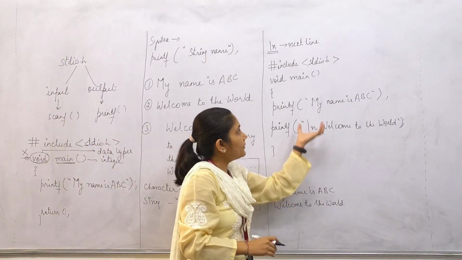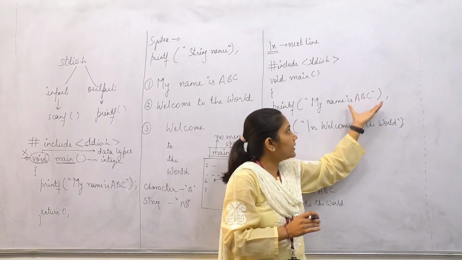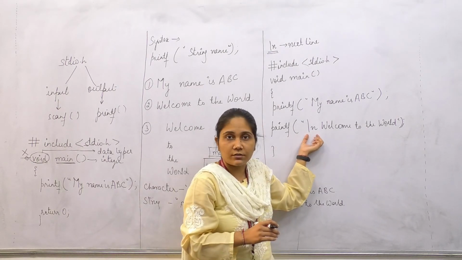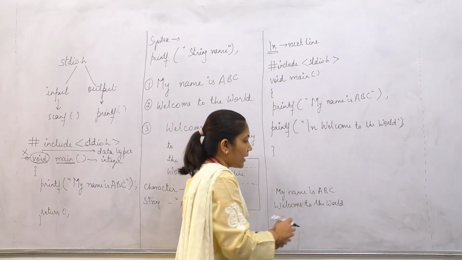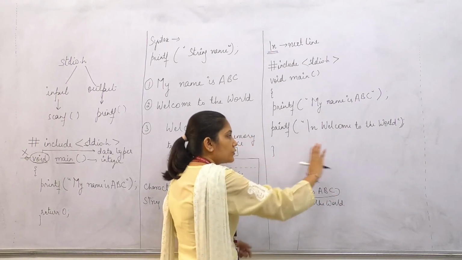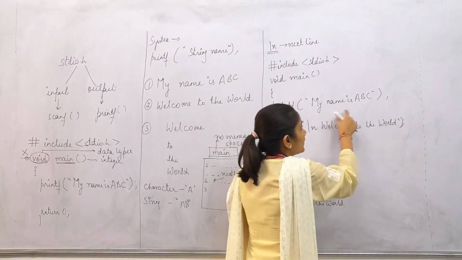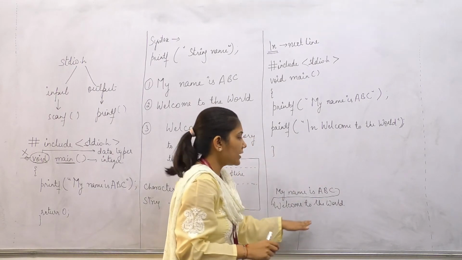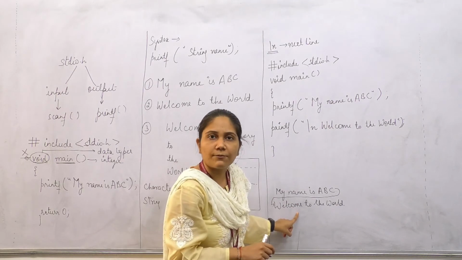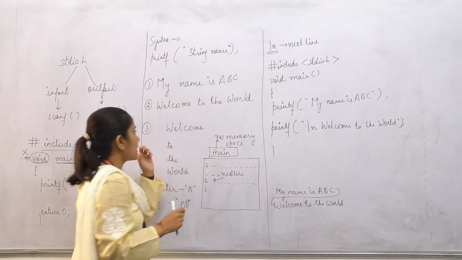What will happen? First the cursor will write my name is ABC, the compiler will execute this statement, then it will come to the next statement. What will it find? First the \n, meaning next line. So the compiler goes to the next line from here, and then it starts writing this. You can also put it here after the end of ABC. Whether we put it here or here, it will act the same, because we just need to come to the next line. Is that clear?